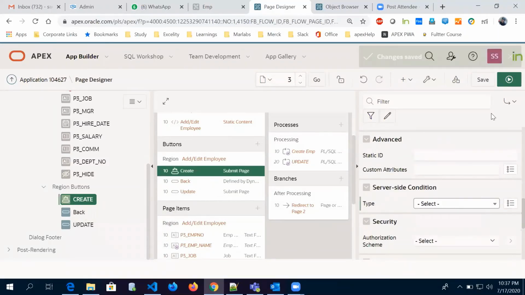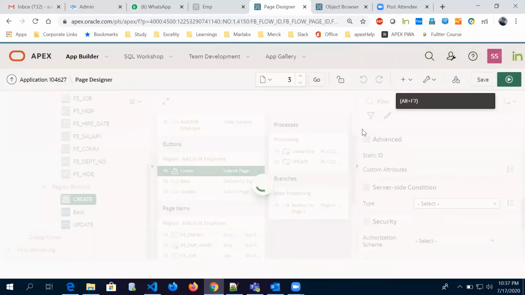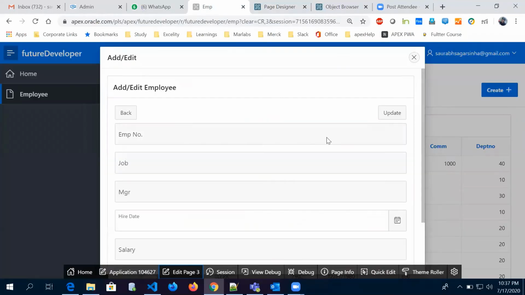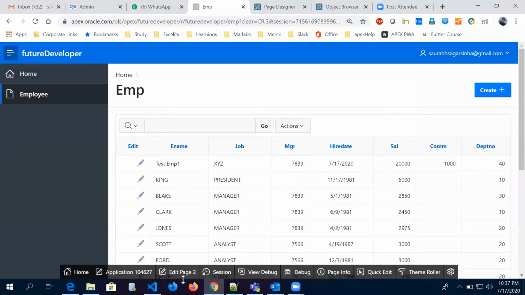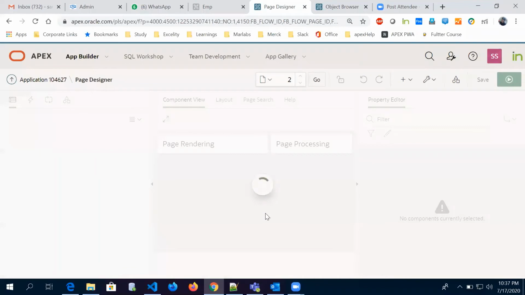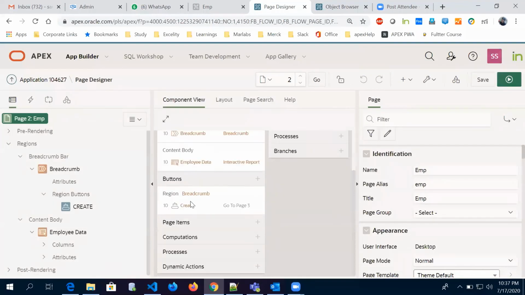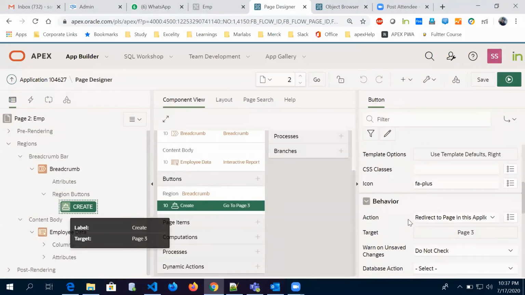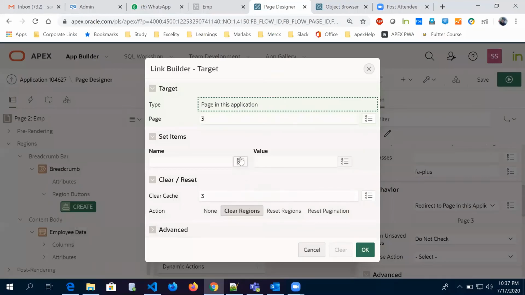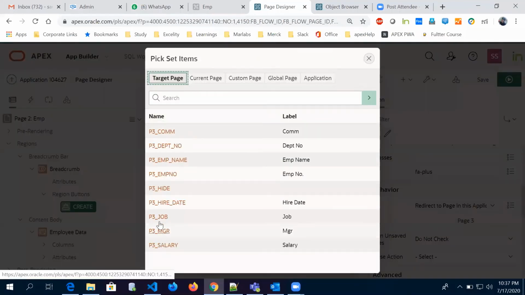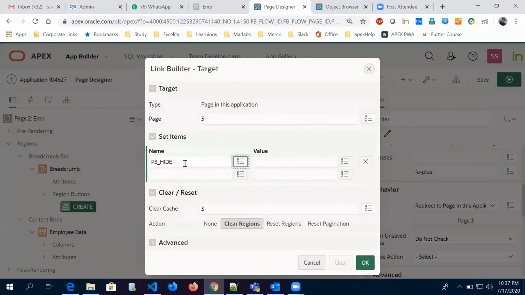I'm not going to give any condition as of now. Yeah. So on page 2, as I'm redirecting the create button to page 3, here I'll give a flexibility. I just mentioned something here in this hidden item. I'll put value as 1. Okay.